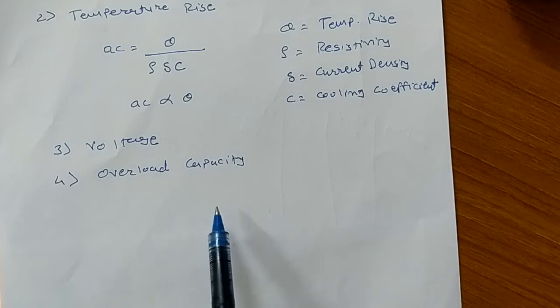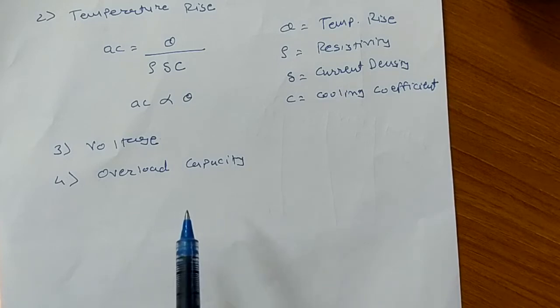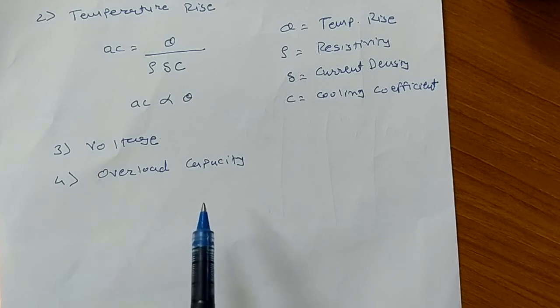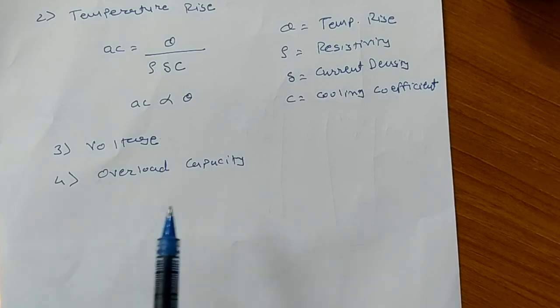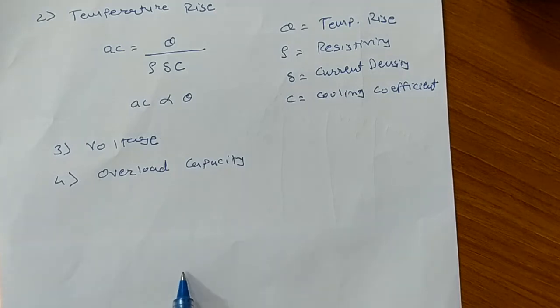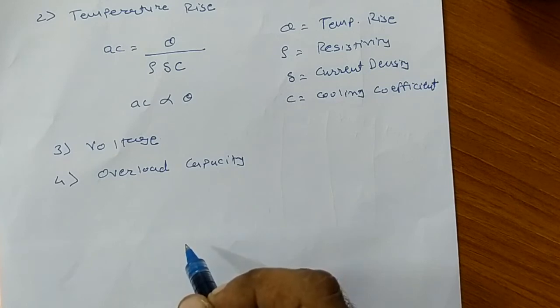So in case of B average and AC, we need to consider the number of turns. They are directly related with overload capacity, because the number of turns defines the value of the leakage reactance. That relation we have seen in the last lecture. And leakage reactance directly affects the diameter of the circle diagram. In the diameter of the circle diagram you can also see what maximum output your induction motor is capable of giving. So this is how AC is related with overload capacity.